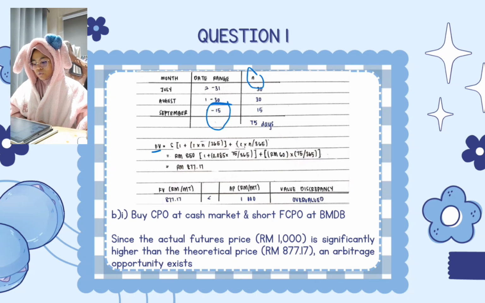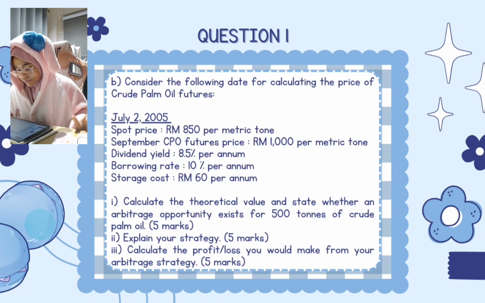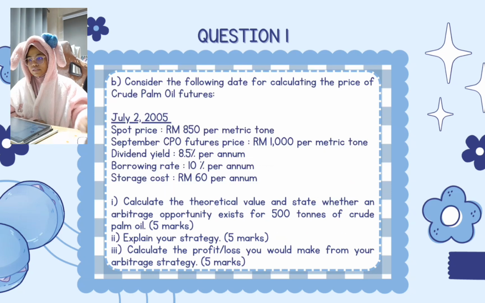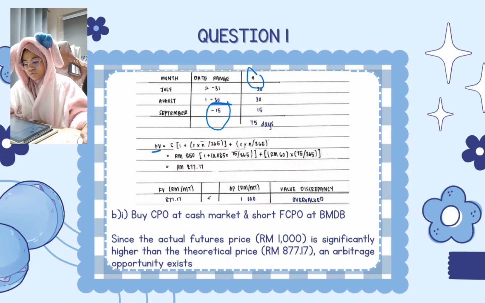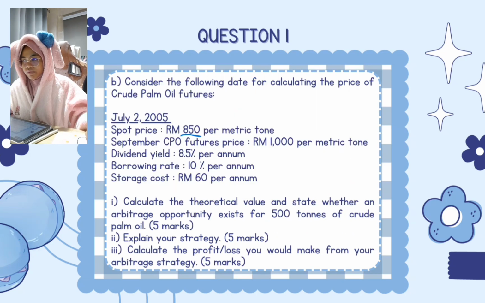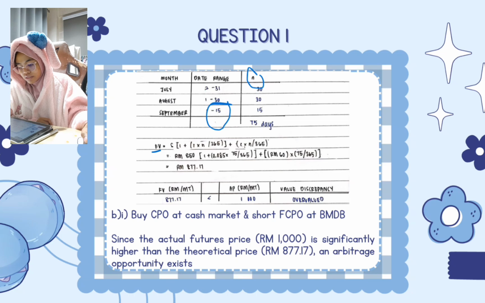Okay, so the spot market price is 850 ringgit. So 850 ringgit times 1 plus 8.5% dividend yield. So this is the dividend yield. Next is the n, which is 75 days,